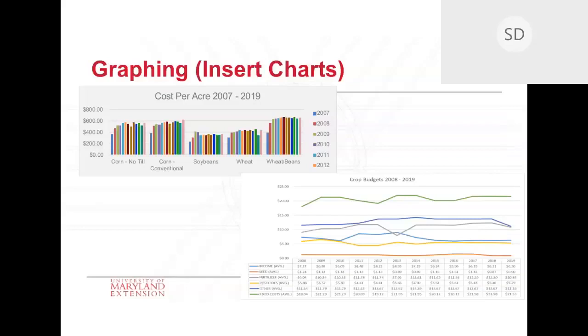And when we look at our crop budgets, we do these each year for our grain crops. And so we have a lot of historical information over time, and you can see this cost per acre as you go through the different crops. So the top graph shows it in a per acre for each crop. And then the bottom graph shows the breakdown in that enterprise budget of the different expenses.